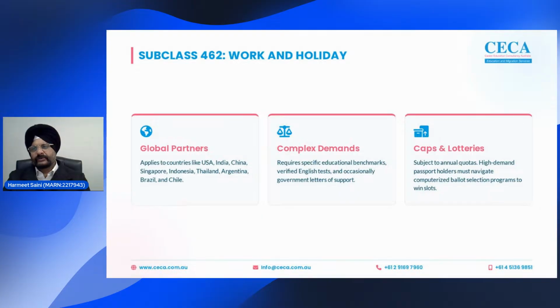For example, for India and a couple of other countries, the main requirement is you must have at least 2 years of qualification after year 12. Either you completed a degree, associate degree, or diploma with study of at least 2 years after year 12, then you'll be eligible to apply. And for the age requirement, obviously you have to be between 18 and 30 years of age to apply